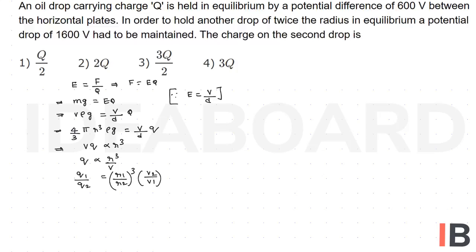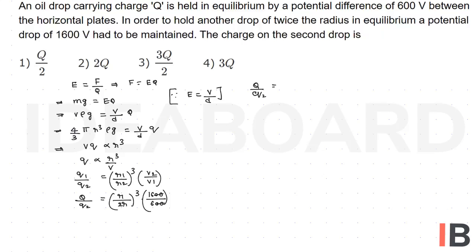So here the charge Q1 is equal to Q. Now we have to find the Q2. Initial radius is R, the final radius is doubled, 2R, whole cube, into V2 by V1. So V2 value is 1600 volt, whereas the V1 value is 600 volt. Taking the simplification, these two get cancelled. This is capital Q by